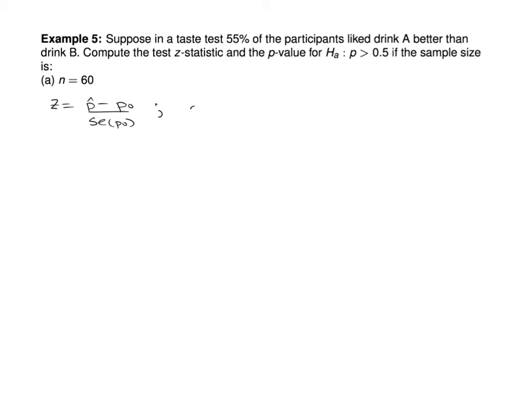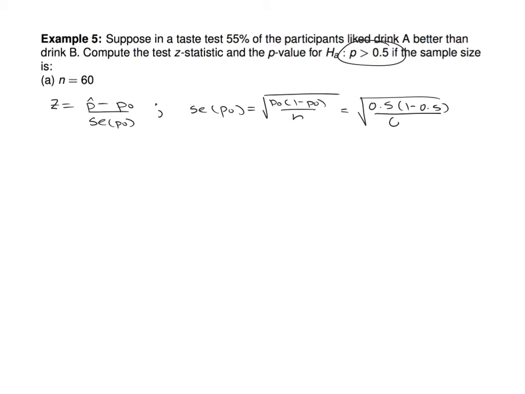And the standard error of p naught is root p naught times 1 minus p naught over n. So in the case of n equals 60, we have root 0.5 times 1 minus 0.5, that's coming from our hypothesis, over 60,